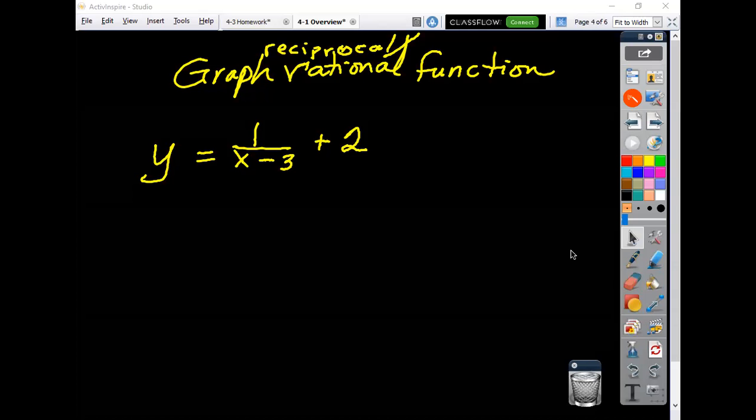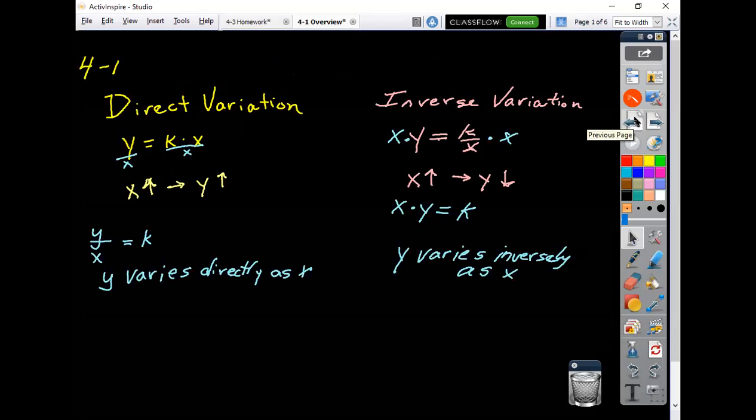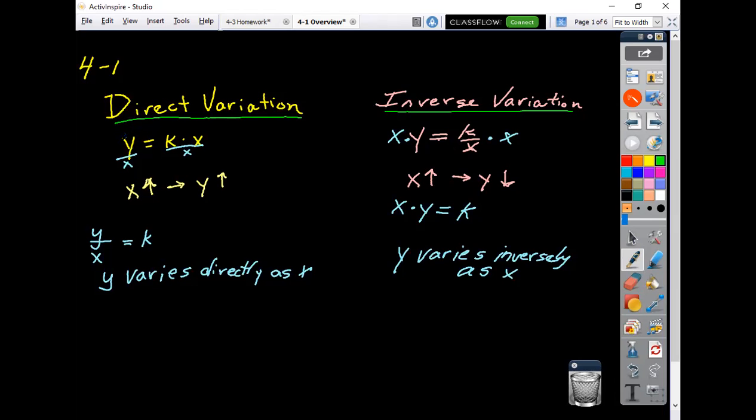All right, so we're in lesson 4-1 here. Direct variation. The first thing you need to know about direct variation versus inverse variation, I think the book only refers to the inverse variation part. They've already done the direct variation before, but just a quick reminder, direct variation: